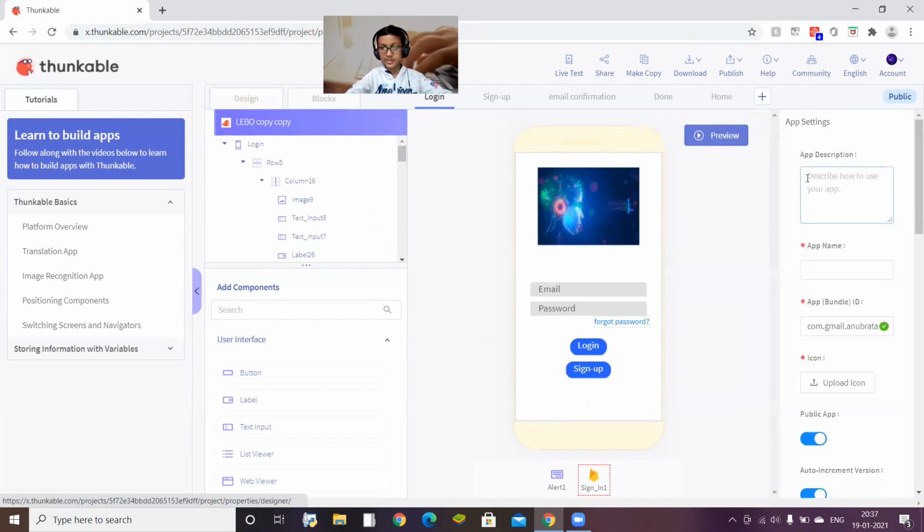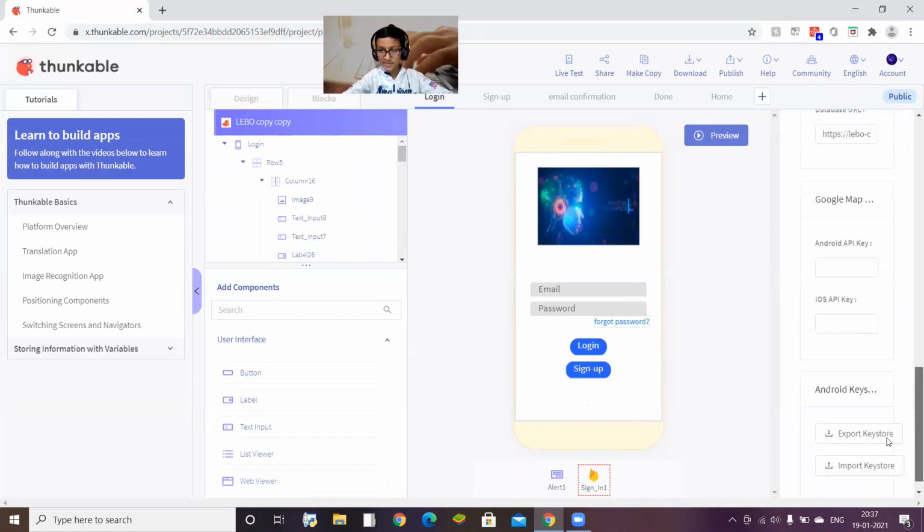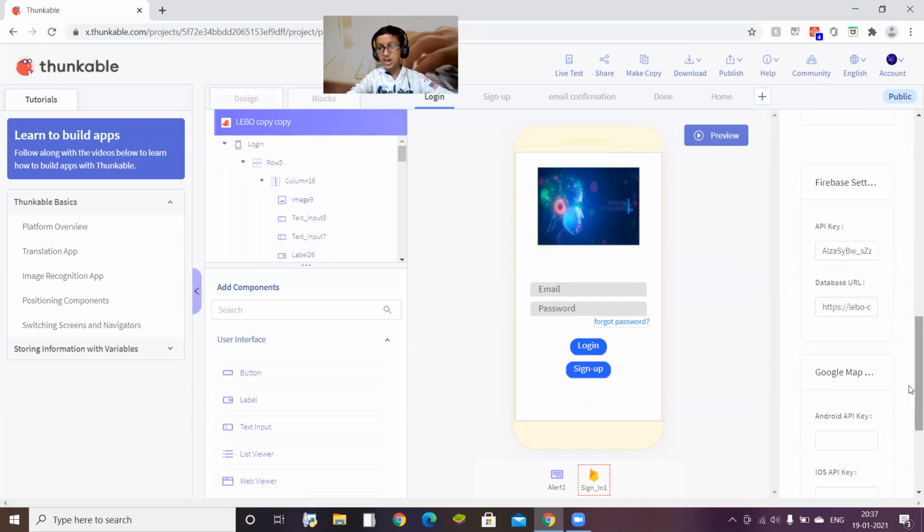It is Firebase. We will take the help of Firebase here. You don't need to give the database URL, because it will not be using our database. Please watch my Firebase video for this. You need the help of my Firebase video for setting up Firebase. You have to set up Firebase, take the API key from there, and paste it here.